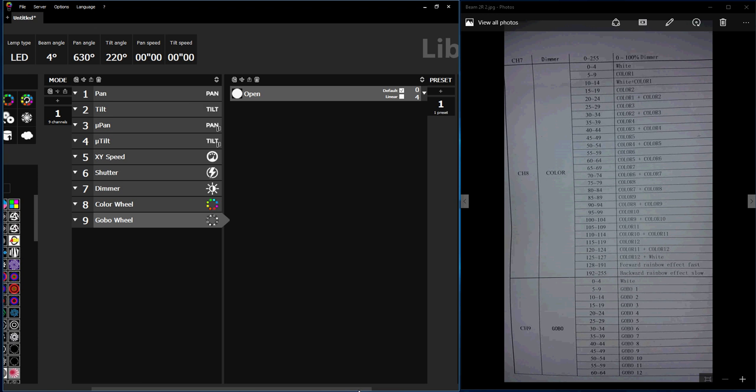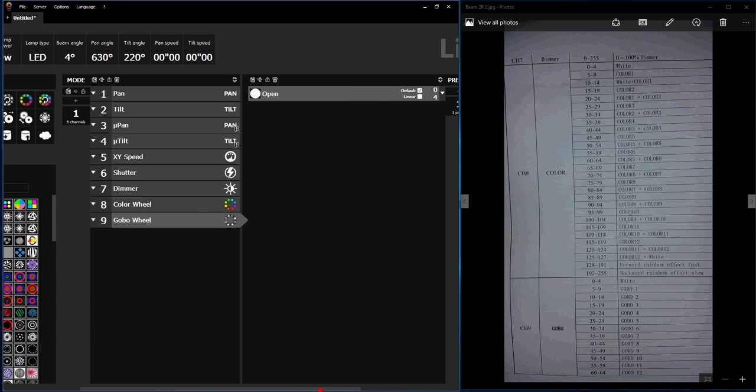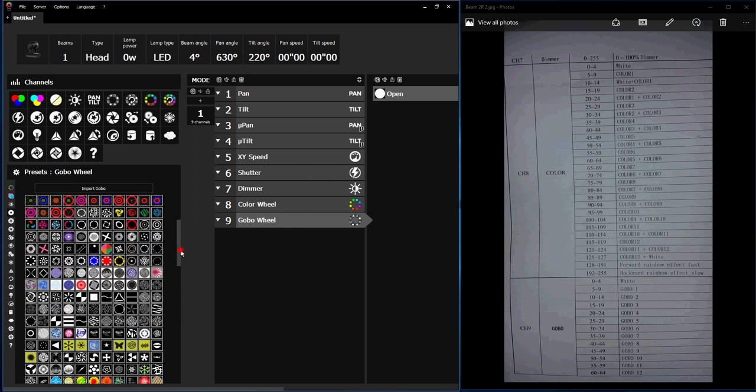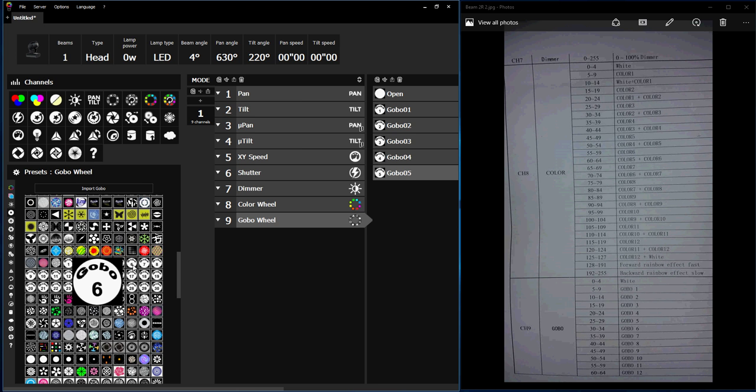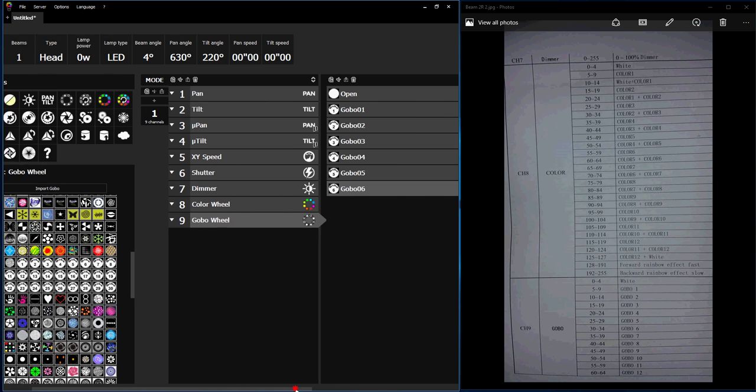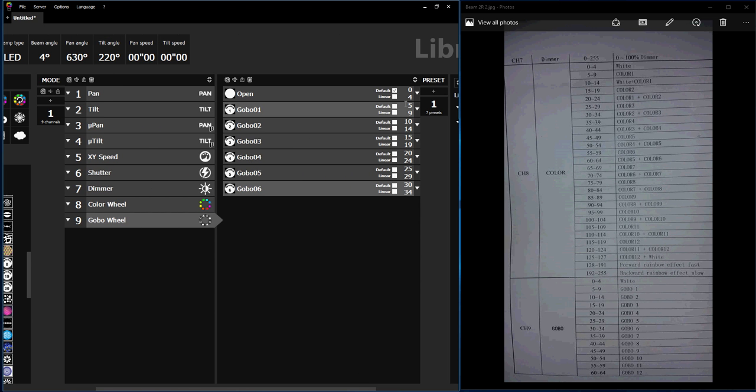Now we want to go to the number of gobos and do 1 through 12, right? So 1, 2, 3, 4, 6. We can come and check, make sure. 5 to 9, 10 to 14, 15 to 19. Let's see, 20 to 24, 25 to 29, 30 to 34,